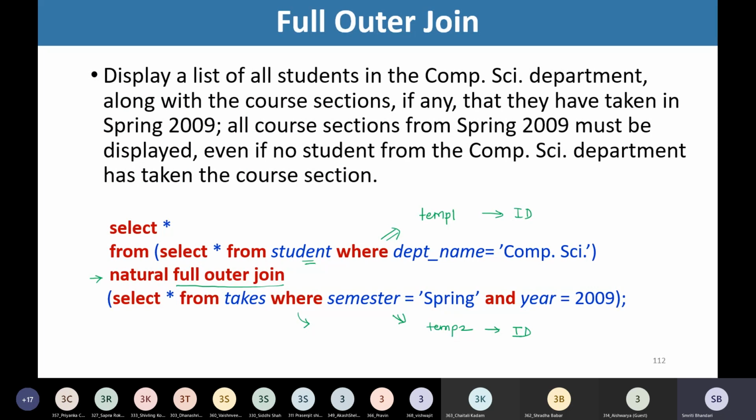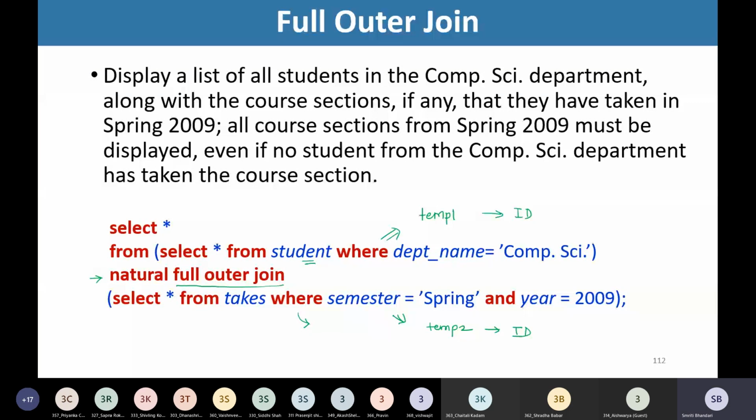Right? So this was the last query that I wanted to demonstrate for full outer join. So with this, we have completed the discussion related to join operations.